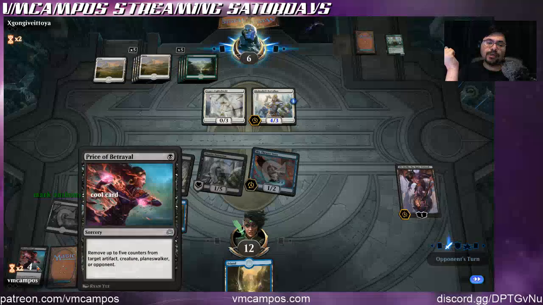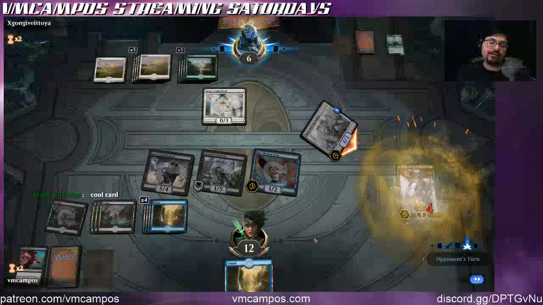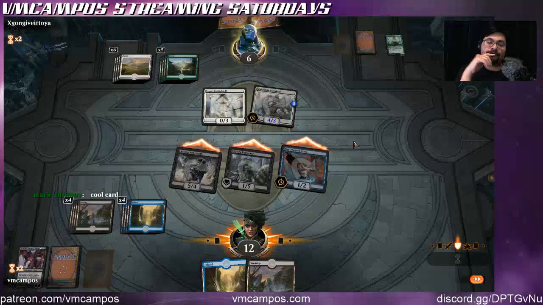Yeah, that's the price of betrayal. They're going to go after my... Again, okay, you got Ob Nixilis, finally. Now you're tapped out and I've got 3 creatures coming at you, so...